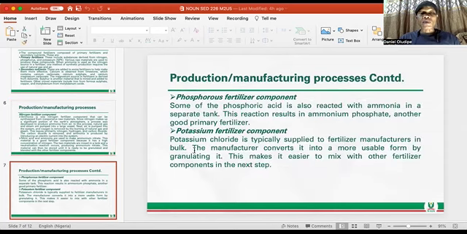Still on the production and manufacturing processes of fertilizer. Phosphorus fertilizer components. Some of the phosphoric acid is also reacted with ammonia in a